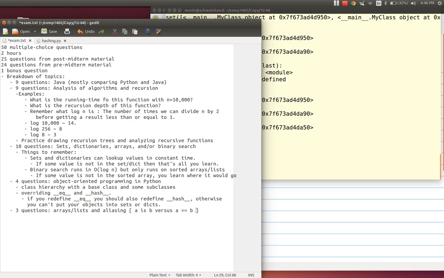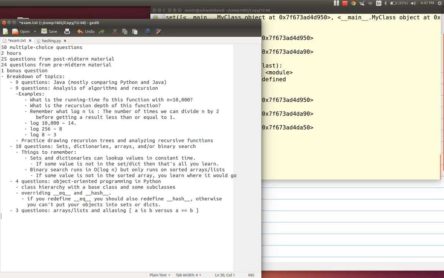Sometimes it doesn't matter at all, because, for instance, A could be referring to an integer, in which case, if you make B refer to that integer, that doesn't really matter because you can't actually change the integer. All you can do is have A refer to something else or B refer to something else, but you can't change the value of the integer in memory, unlike in arrays. So integers are what's called immutable. Okay. So that I think you guys know pretty well.